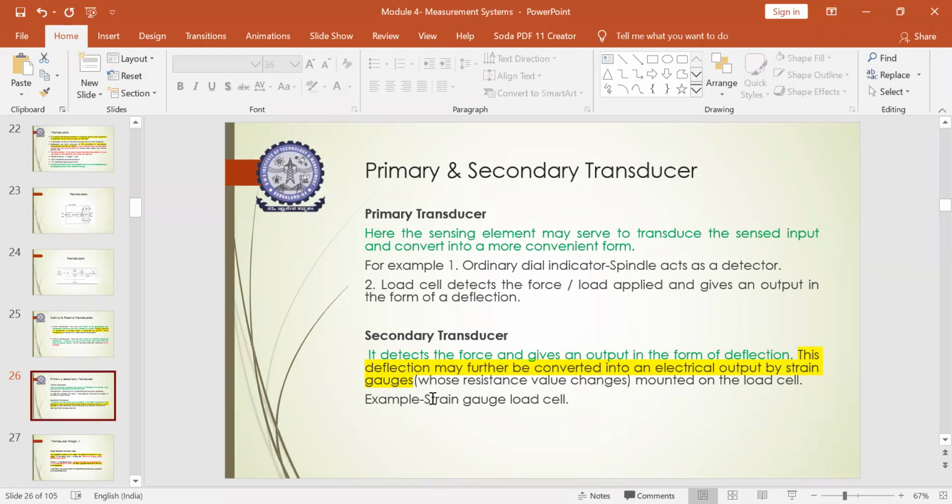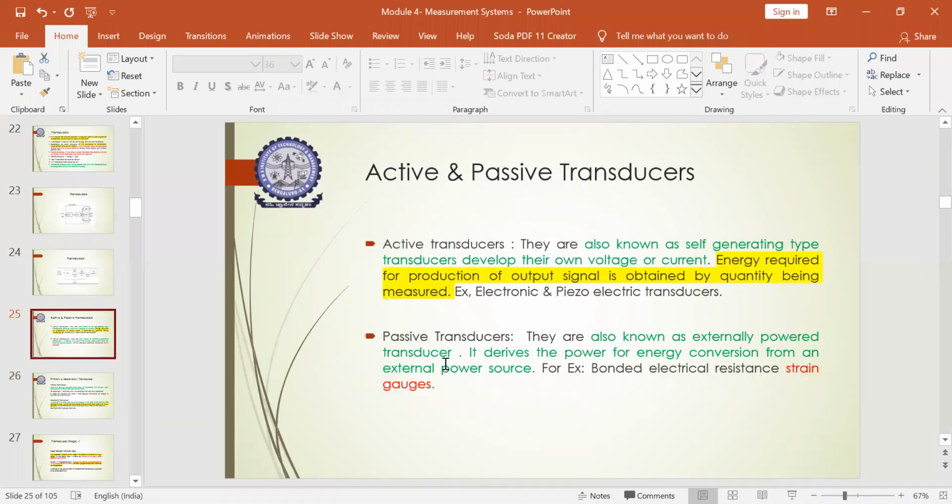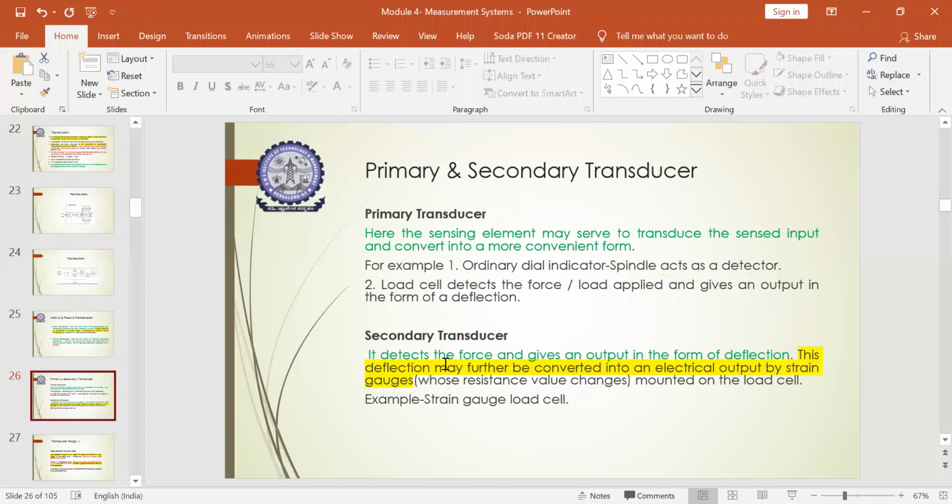Here, this deflection may be further converted into an electrical output by strain gauges. Earlier it was not providing an output; it was just converting into a convenient form. But in the case of a secondary transducer, it provides you an output as per the requirement. So this is the difference between primary and secondary transducer. You should also be aware of the active and passive